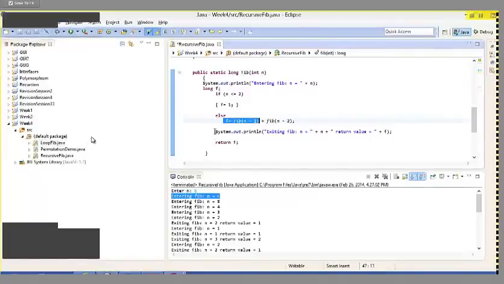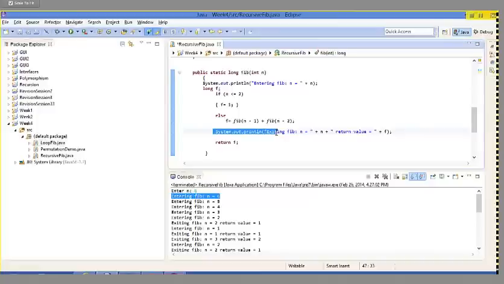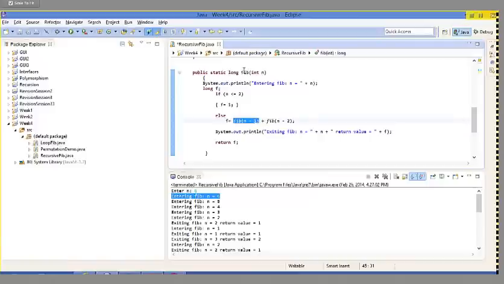Will the system.out.println statement be executed, the one saying entering fib? Or shall I first finish the fib method that's being called? Yes, exactly. Why? Because I told you yesterday, the Java runtime, whenever I'm calling an instruction, has to finish this instruction completely until it goes to the next one. So if I'm saying go and call the fib method, it will call it and will not execute this statement. So now I'm calling fib n minus 1, so it will go here and call fib n minus 1,